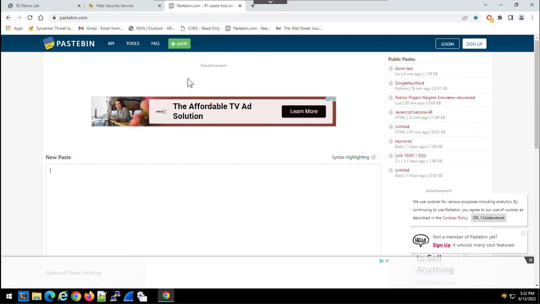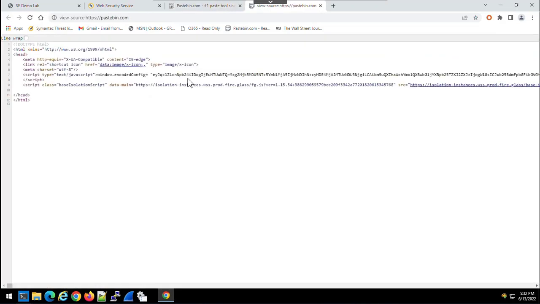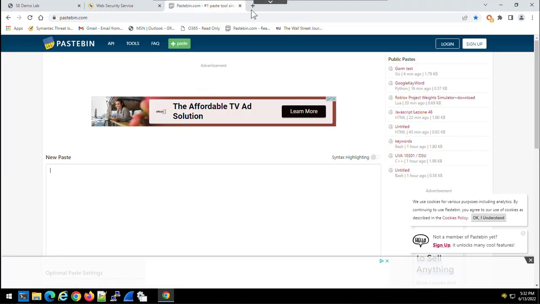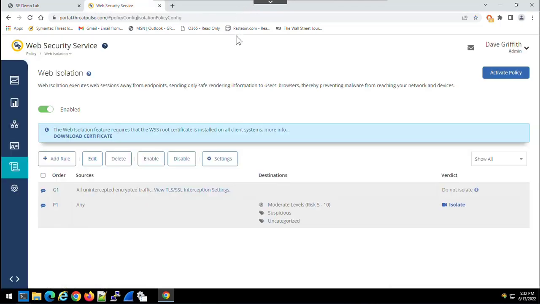I'm just going to look at the source code behind this, doing a Control U. And what I can see is that this website, pastebin.com, is being isolated right here, using this last script class line item that is being redirected to our isolation server. So now I'm going to close this out. You can see that it's been isolated.